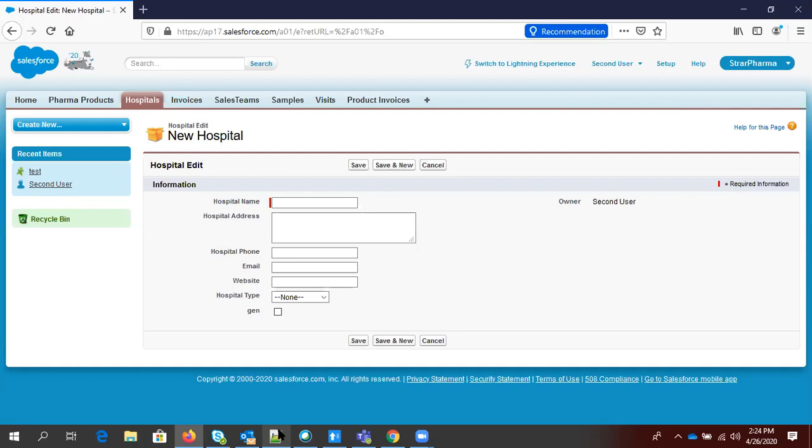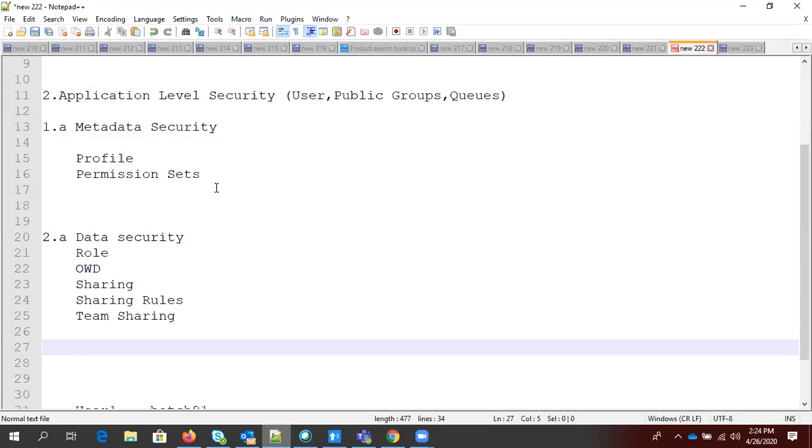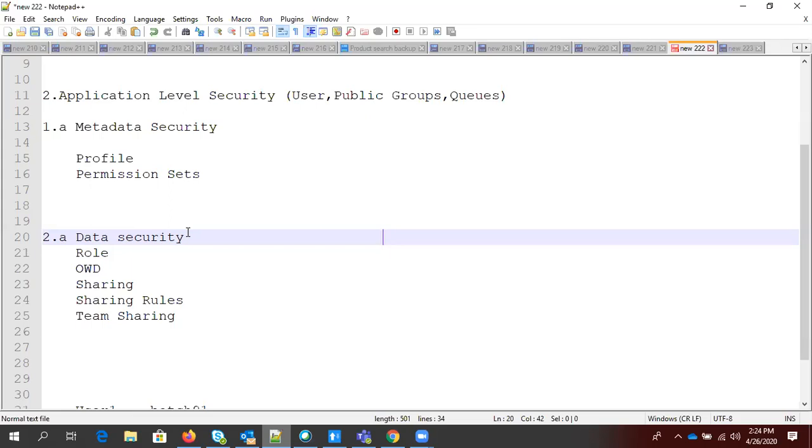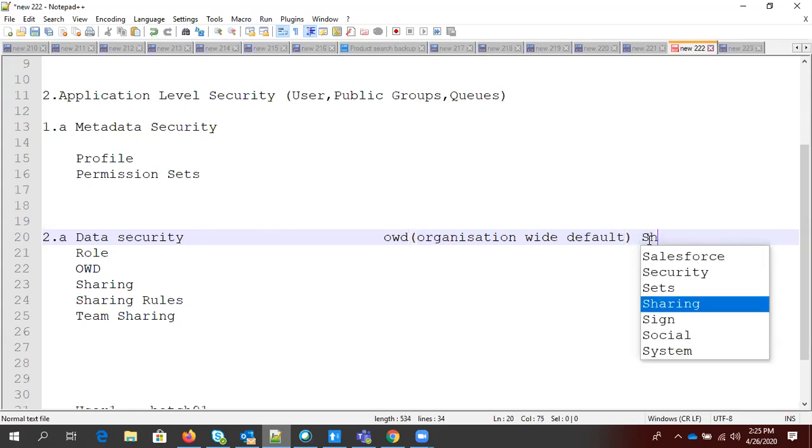But as we did with profile and permission set, there is also a hierarchy for data security. To apply the most restrictive permissions, we have something called OWD. The full form of OWD is organization wide default. There is one more name for this, called sharing setting.